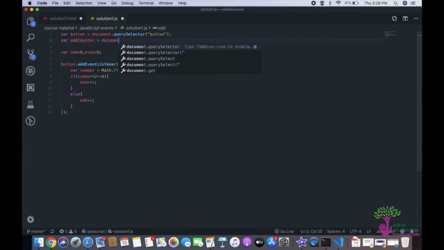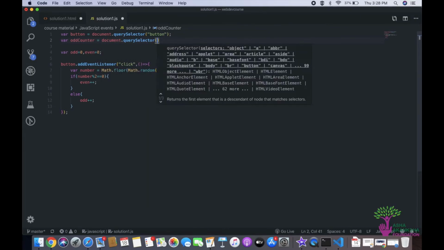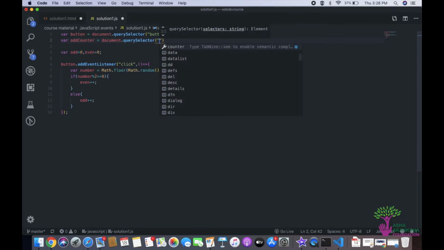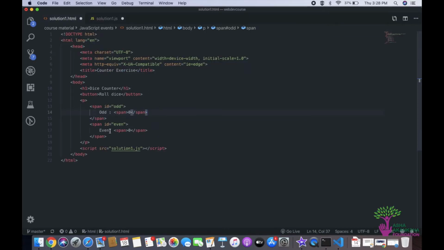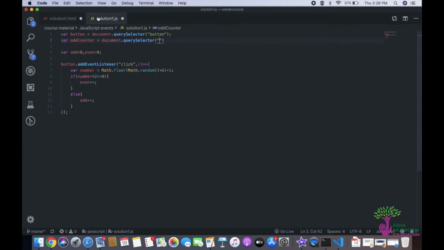And I will do document dot query selector. And the reason I'm using query selector is that this will be a complex selector, right? Like the adjacent or the contained selector that we saw. Because we see we have a lot of spans here, and this span does not have any specific ID or class. So what we can do is I can select